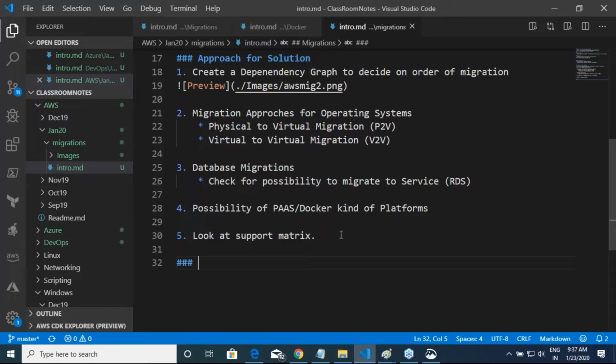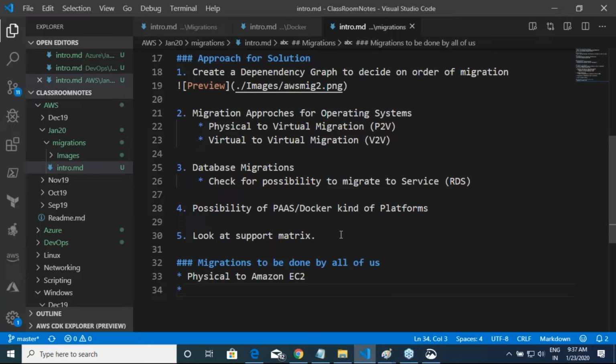Now, what are the kinds of migrations which we will try? First, let us try to know. Migrations to be done by whom? Me, right? Not me. If I do, what will you do? All right. So, we will try an approach to migrate a physical machine to Amazon EC2. You have some physical machine, I want to move it to Amazon EC2. What are the possibilities?